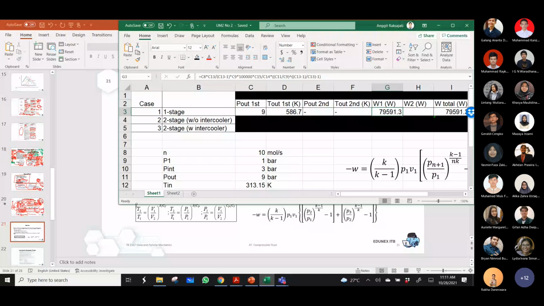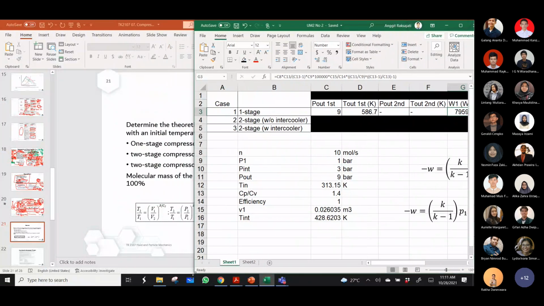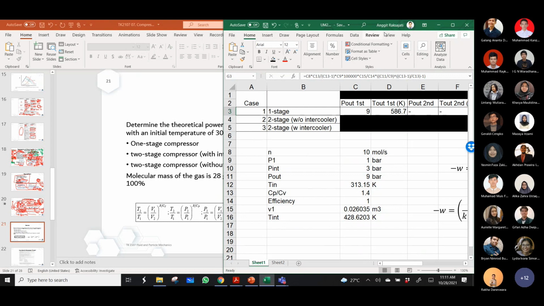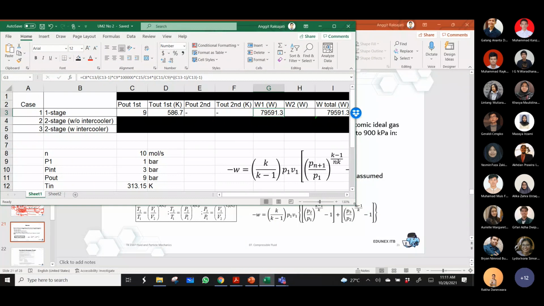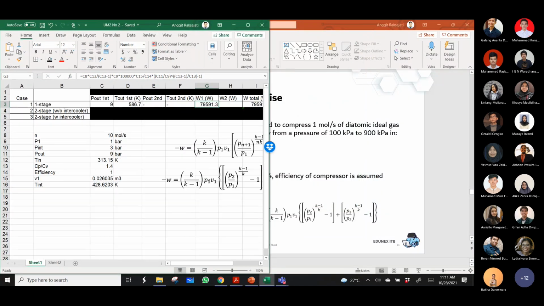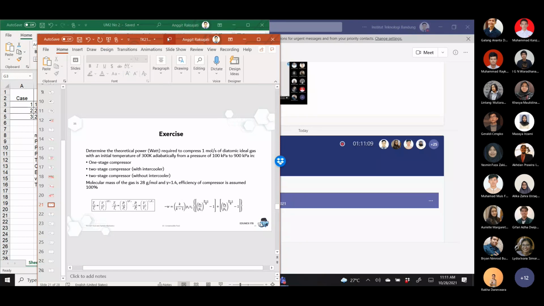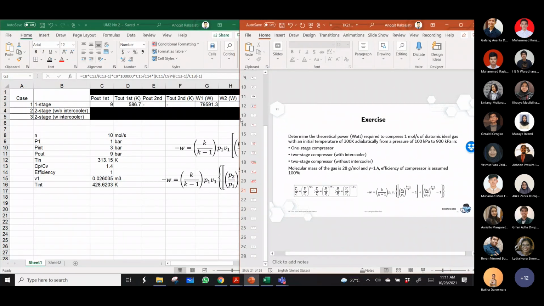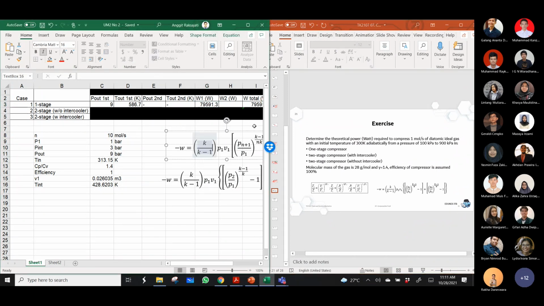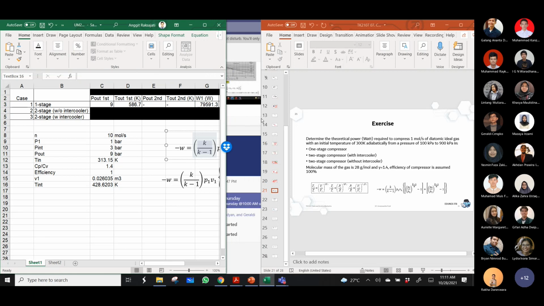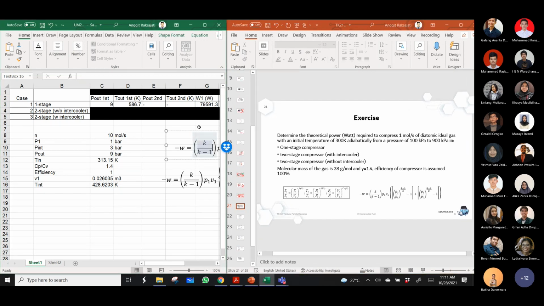Okay, so I will discuss the first question, but for the second and the third one, I'll give them as homework for Tuesday so that you will practice. Okay, but for the first one, I will discuss it directly now, so you have a better understanding. So hold on. Can you see the double screen over here, or is only the PowerPoint visible, or is the Excel visible as well? It's all visible, sir.